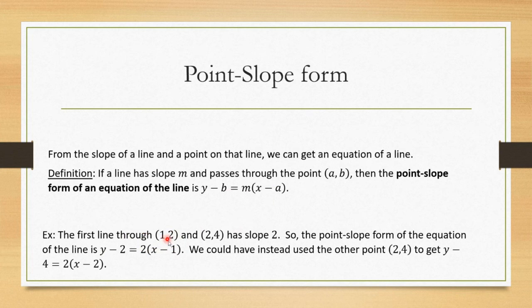That's what we calculated. Y minus the y coordinate 2 equals the slope 2 times x minus 1. 1 is the x coordinate of the point. If we use the second point instead, (2, 4),